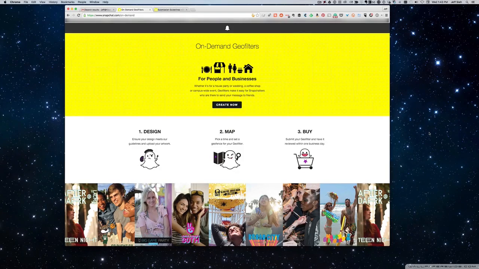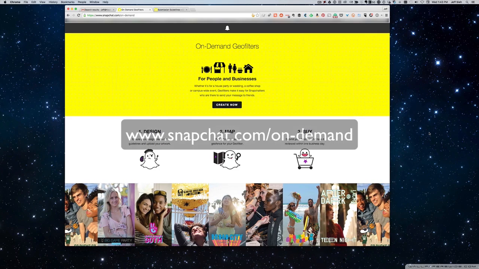This is a walkthrough on how to add your very own Snapchat on-demand GeoFilter to your account, just like here. You need to understand that these are not free, and like everything else on Snapchat, they go away. All right, the first thing you're going to want to do to create your on-demand GeoFilter for Snapchat is go to